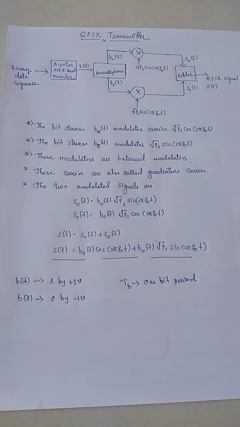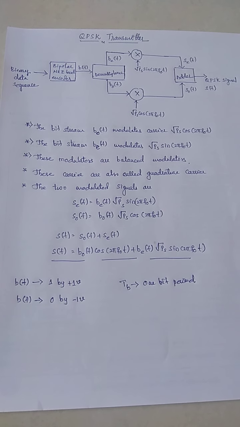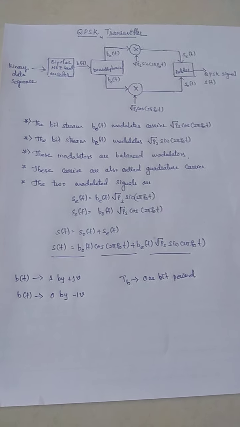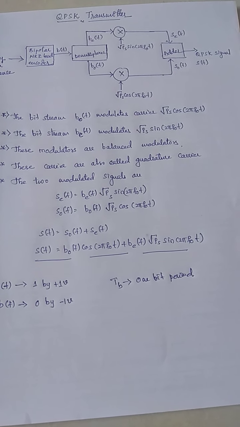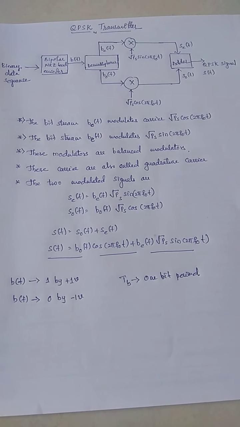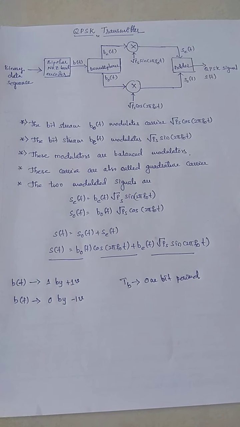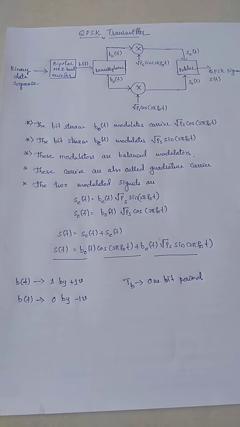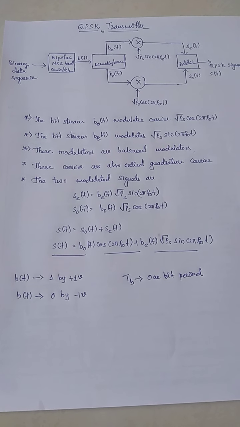In quadrature phase shift keying, two successive bits in the data sequence are grouped together. This reduces the bit rate or signaling rate and reduces the bandwidth of the channel. In BPSK, we know that when the symbol changes the level, the phase of the carrier is changed by 180 degrees. Since there are only two symbols in BPSK, the phase shift occurs in the two levels only.